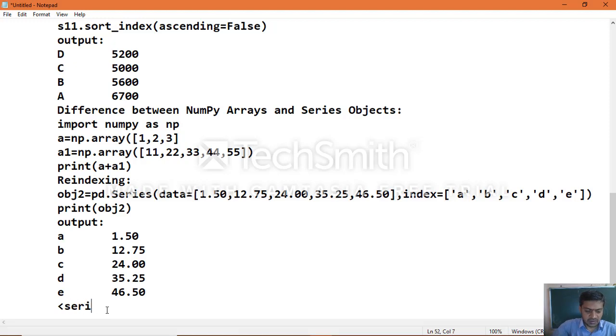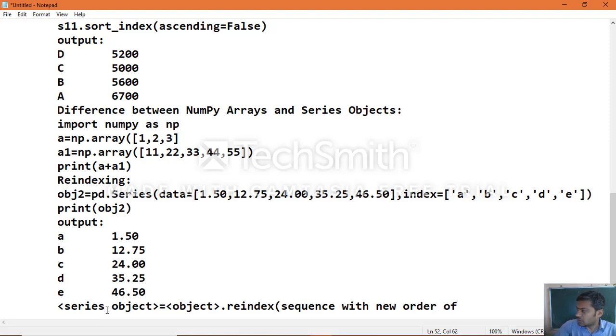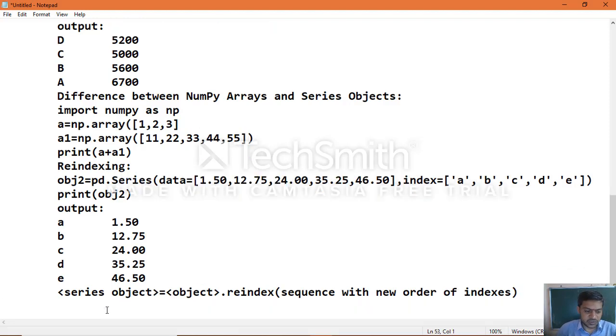The syntax is: series object equal to object.reindex of the sequence with the new order of indexes. This is the syntax you can use.